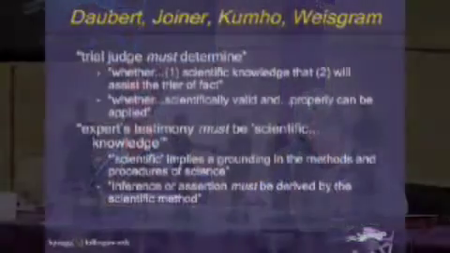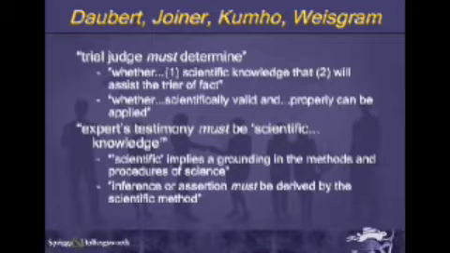So just to go back to the requirements for a minute, and I'll just read them. Of course, Daubert said, and now Federal Rule 702 basically says, that faced with the proffer of expert scientific testimony, the trial judge must determine at the outset, pursuant to Rule 104(a), whether the expert is proposing to testify to (1) scientific knowledge that (2) will assist the trier of fact to understand or determine a fact in issue. This entails a preliminary assessment of whether the reasoning or methodology underlying the testimony is scientifically valid, and of whether that reasoning or methodology properly can be applied to the facts at issue.